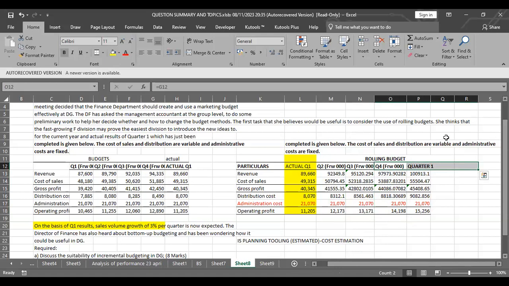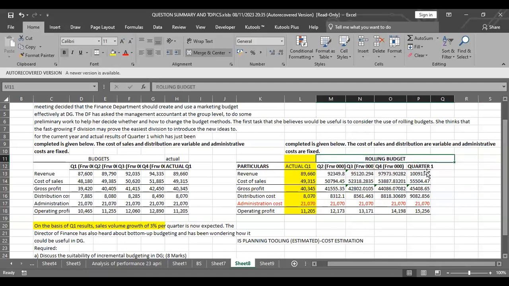Because the actual will not remain on quarter one alone. It will switch, because life is movement. Time has to keep on going. So quarter one will become the one which is actual, and then you use it to project the rest. So the latest actual is the one which is used to project the subsequent budgets, plans or the subsequent issues.